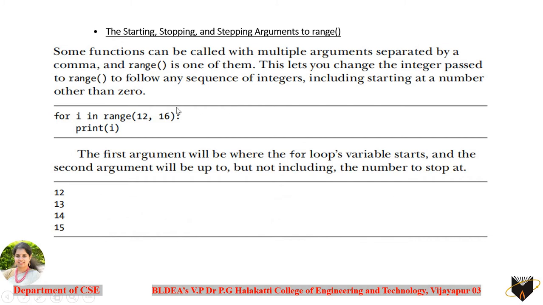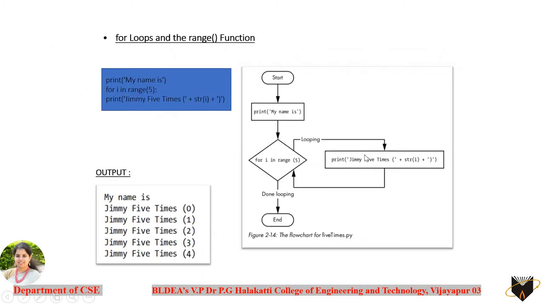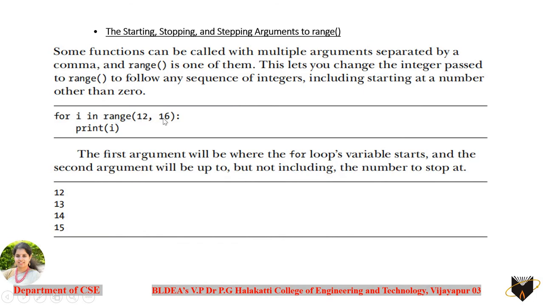So coming to another type of range method, where we can pass two parameters here. In the first case, you can see we have taken only one parameter in the range function. That means by default the iteration is going to begin from 0 till the last value given in this one parameter. But the range method also allows you to use two parameters here.